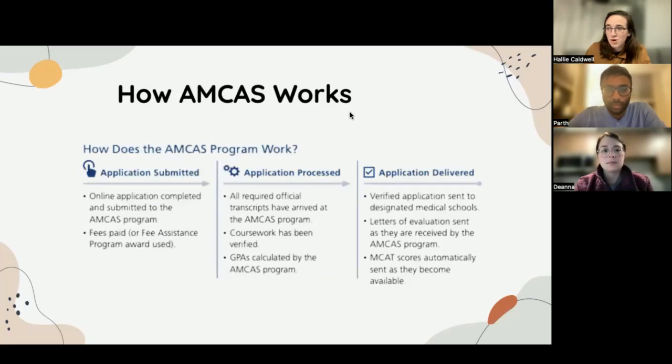All right, we'll talk a little bit more about MCAS. Okay, so MCAS, like we said, is like the main platform for most allopathic medical schools. So we talked a little bit about the timeline for it and how that can vary a little bit. So like we had said, you can start to submit at the end of May of every year your full